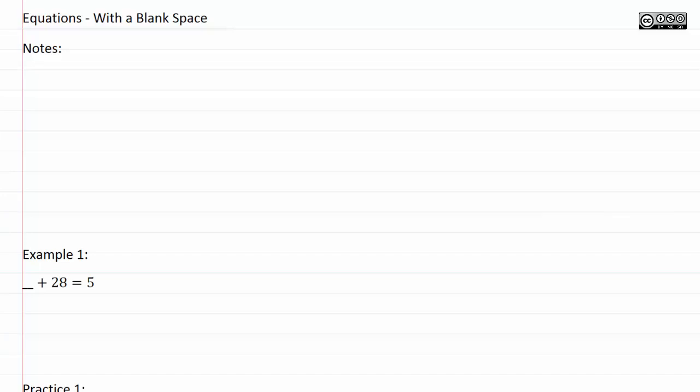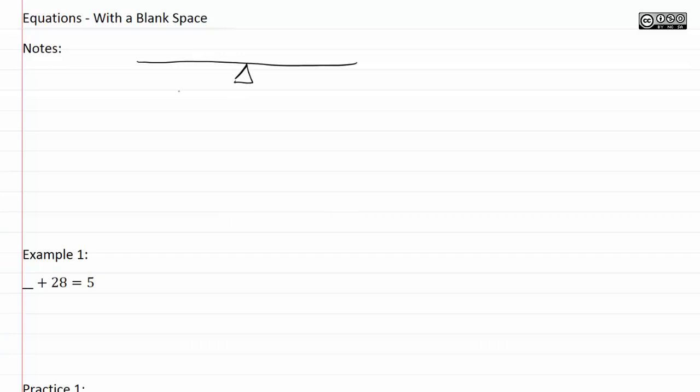In this lesson, we're going to talk about solving equations with a blank space. There are a couple of important things to remember when you're working with equations. You can think of equations kind of as balanced scales. So if I just draw myself a balance beam here,